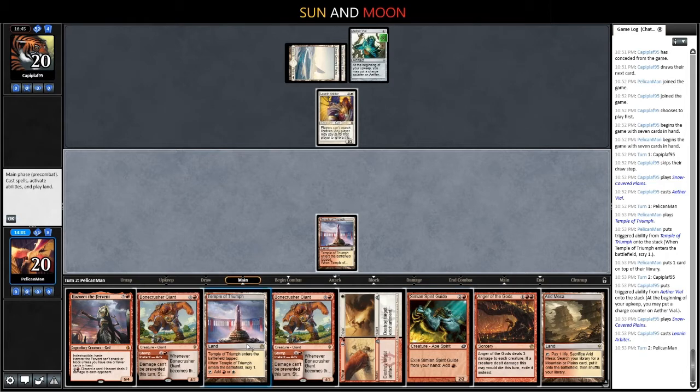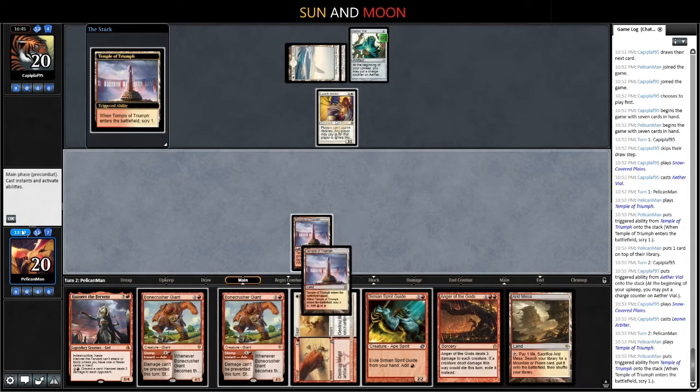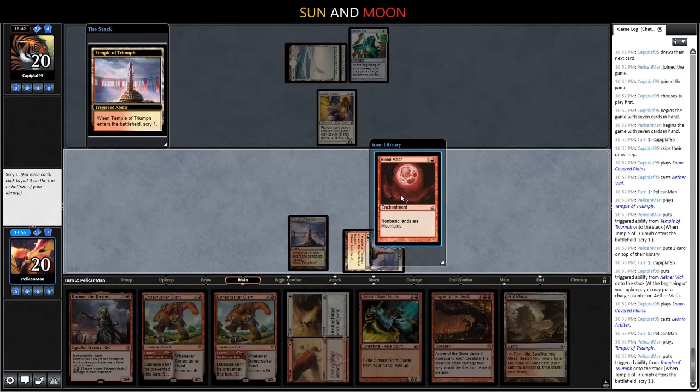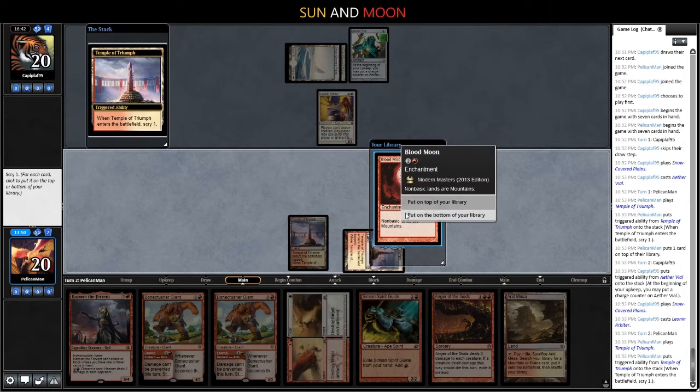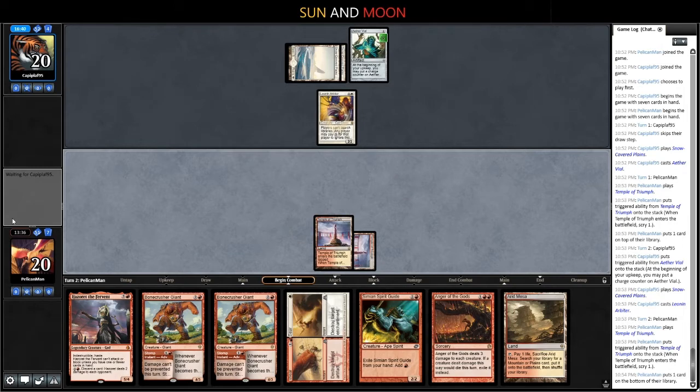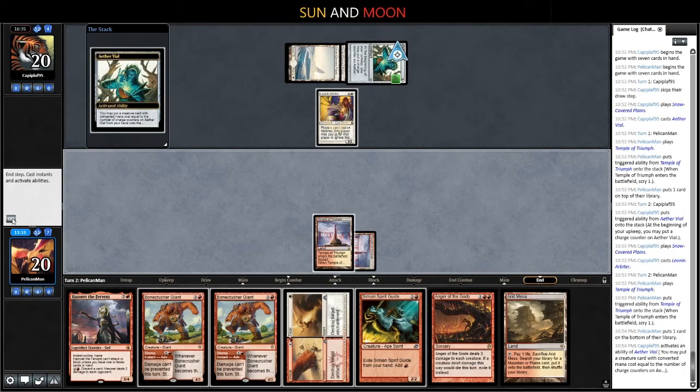So let's... Temple. What do we get? What do we get? Blood Moon? No. So if I keep the Blood Moon and they Ghost Quarter me, then I'm relying on the Zarad Mesa too much. Yeah, put it on the bottom. And I'm just going to pass here. Because they might play a Ghost Quarter and try and Ghost Quarter us, and I can get them with...